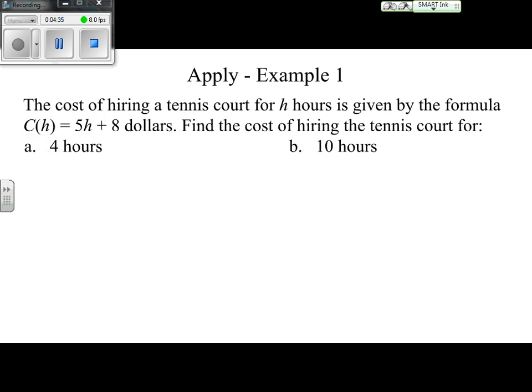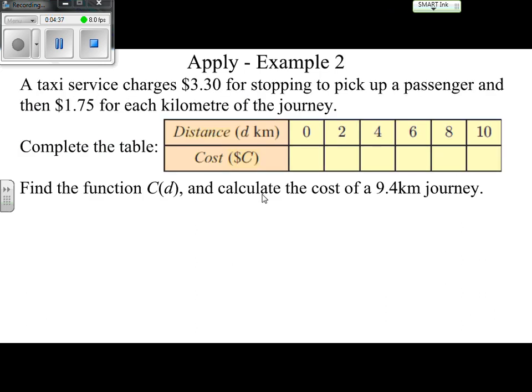So that was a pretty basic example, just plugging in values. Now we're going to do something a little more complicated. This time we don't have a function actually written, so we're going to use a table to help us write a function. A taxi service charges $3.30 for stopping to pick up a passenger, and then $1.75 for each kilometer